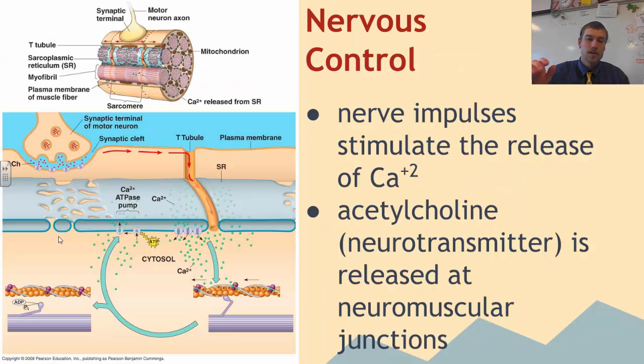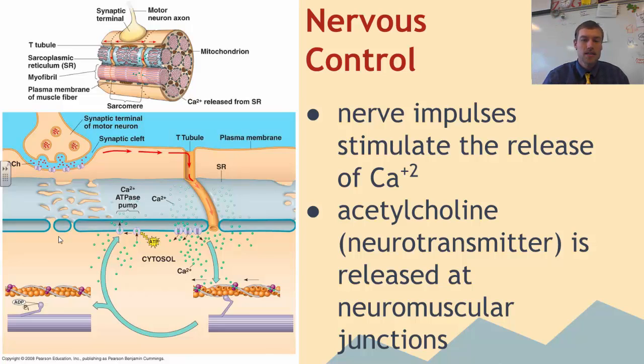And the way that the calcium is stimulated to be released is through nerve impulses. So this is how we have nerve control of your muscles. And these occur at the neuromuscular junction. So you have your nerve that is going to attach at a synapse, and when you get a nerve impulse that comes along there and it gets to the synapse,